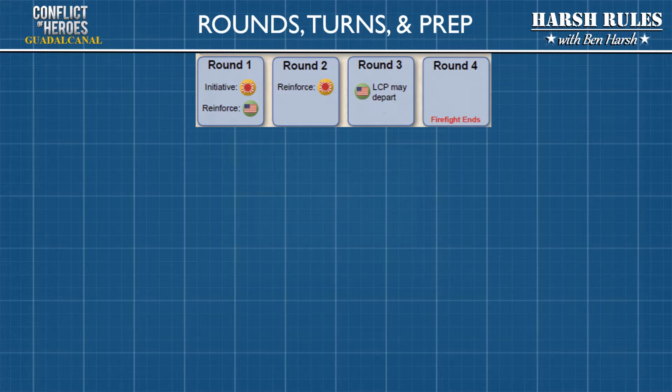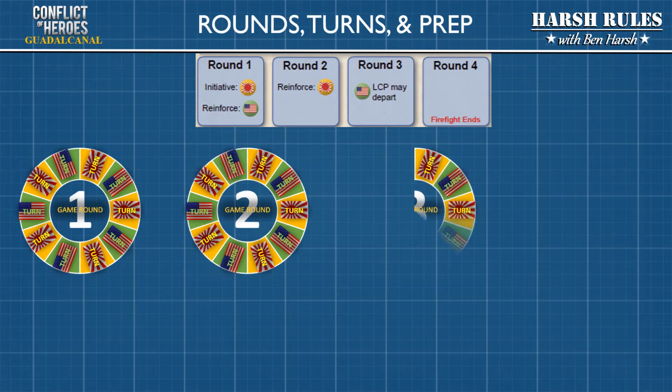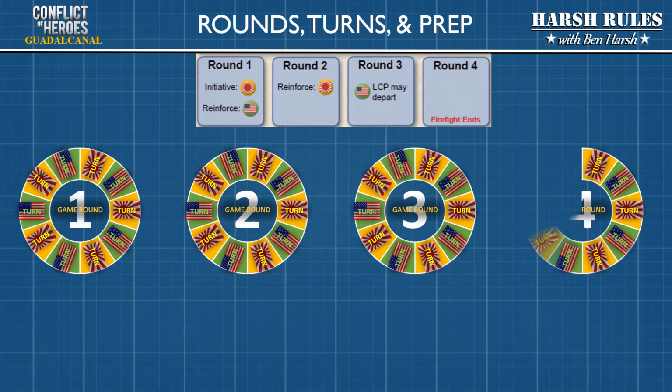In each firefight, gameplay is organized into rounds of play. Go Edge's Patrol has 4 rounds. And each of these rounds is divided into individual turns for each player. Each unit represents about 3 minutes of time within the game. Within this time span, a unit is able to take 1 action. With this 1 action, a unit can either move into an adjacent hex or conduct an attack against an enemy